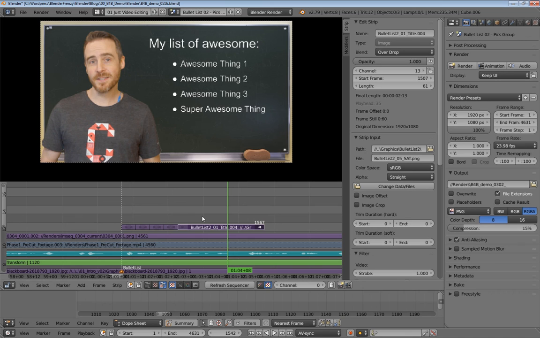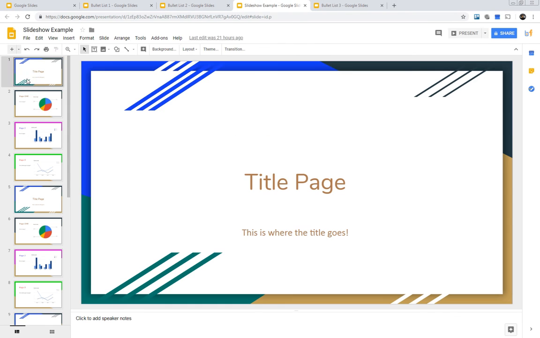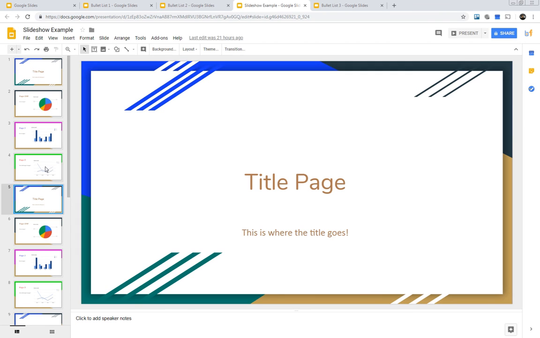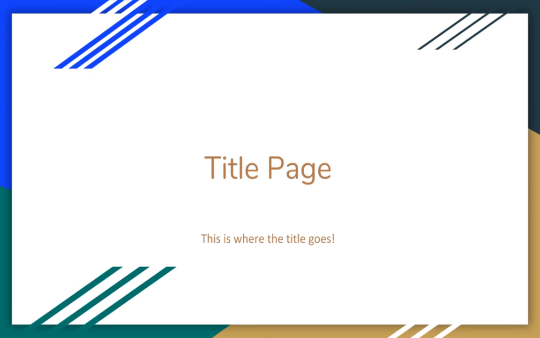And this style, by the way, could be very useful if you were actually creating a course or a PowerPoint presentation where you just wanted to show the slides. So for example, going back over to our Google Slides, I have made just dummy text and dummy graphs. They don't mean anything, and I've just kind of repeated them. But what you can do is just like this, you could just cover your whole screen in the slideshow examples,